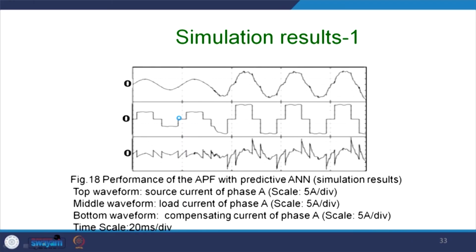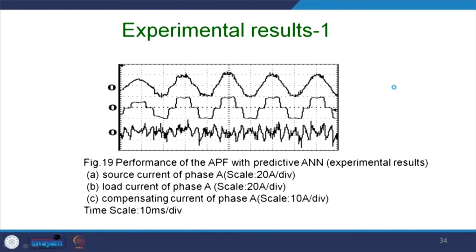So, this is a case of the simulation and the performance of the active power filter with the predictive algorithm. So, you do not have to tune it further for the adaptive algorithm, and you got this kind of waveform. It was quite sinusoidal. Thereafter, even though it gives you this value of the compensating current, it still cannot maintain the desired level of THD. So, this is the same waveform